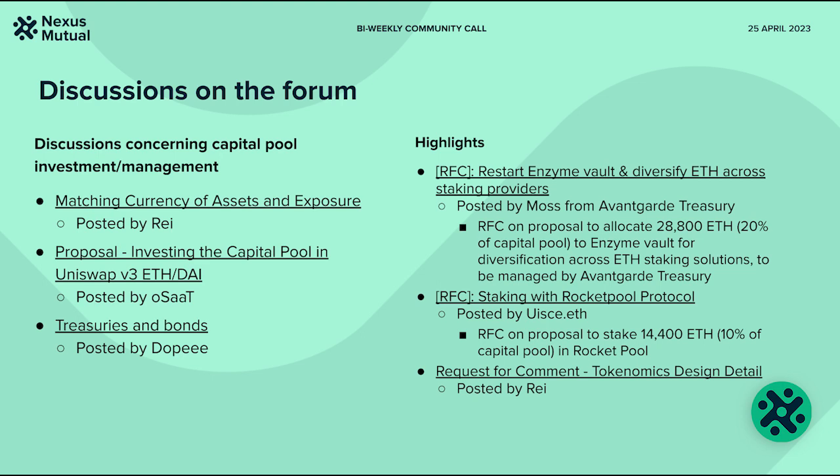They outline a way that the mutual can do that just by swapping ETH through CowSwap to rETH. There's an integration coming with 1inch that will allow us to swap into rETH with minimal slippage. I haven't gone through that proposal in its entirety yet, but there's a great breakdown of the risks, of the opportunity, of the